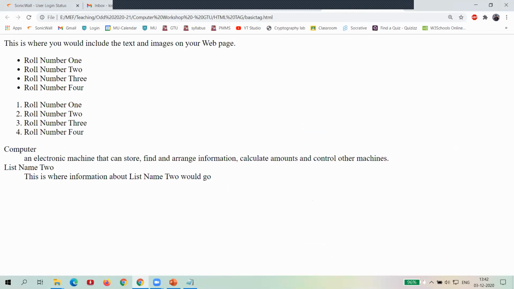Now we can see the output. Computer: an electronic machine that can store, find, arrange information, calculate amounts, and control other machines also. So that is the definition of a computer, and that is how it looks.